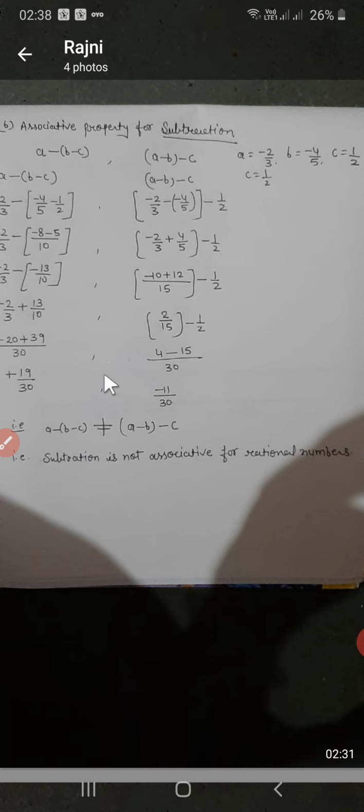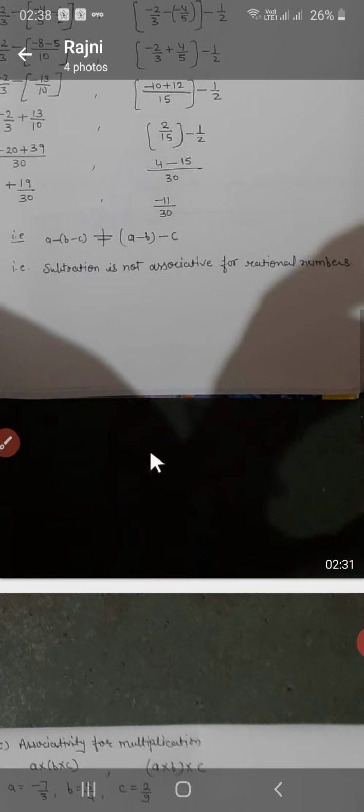Here see, both the values for the left hand side and right hand side are not equal, so we say subtraction is not associative for the rational numbers. Now